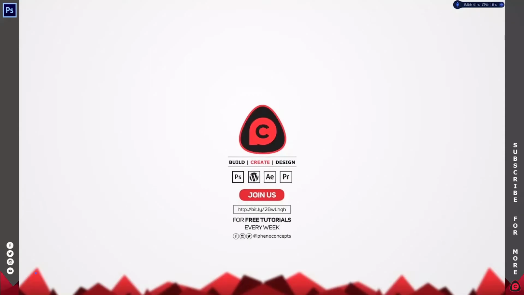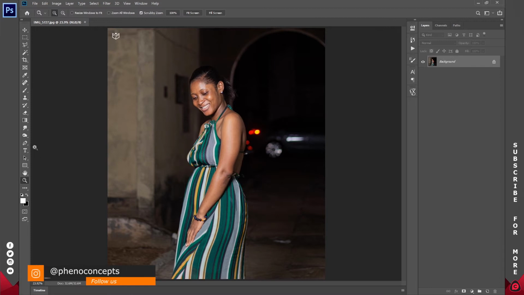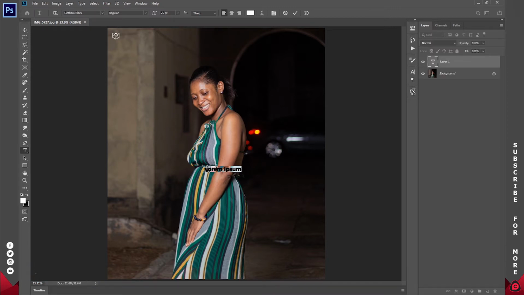Alright, so let's go ahead and open up the application. For this show, I'm using Photoshop CC 2019 as always, and this is the image I'm going to be using for the background. Now the important thing here is the font you are going to be using. In my case, I'm using the Gotham Black, and I'm going to type in the text like it's